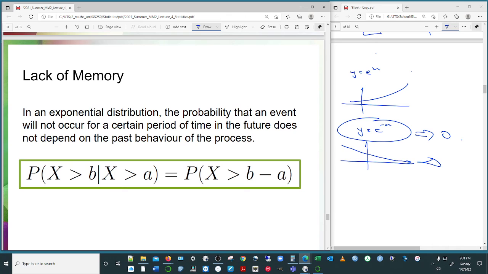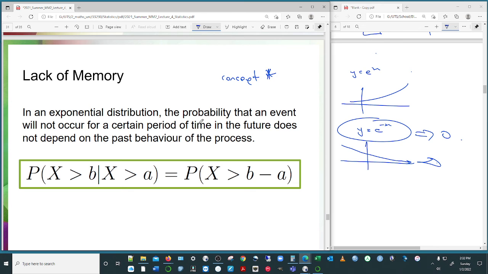Alright, another concept is the lack of memory concept. It's a concept that will also be included in the final exam, but it's not the emphasis. The emphasis is on hypothesis testing, so we'll stick to that. And just about an hour up, so I'm just going to finish off this couple of slides to finish off this lecture.